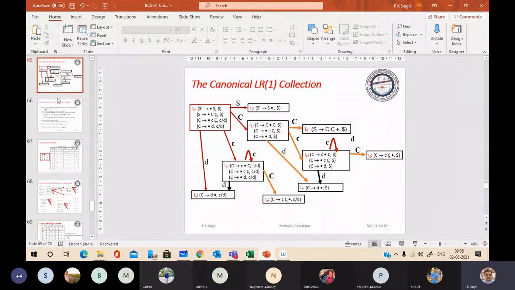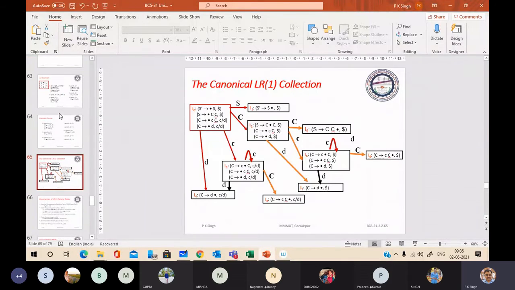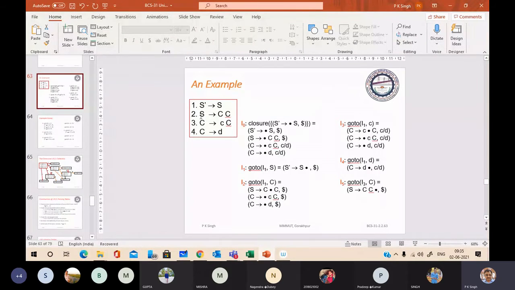Last time, we computed the LR(1) item set for this augmented grammar. Now we are going to construct the LR(1) parsing table.